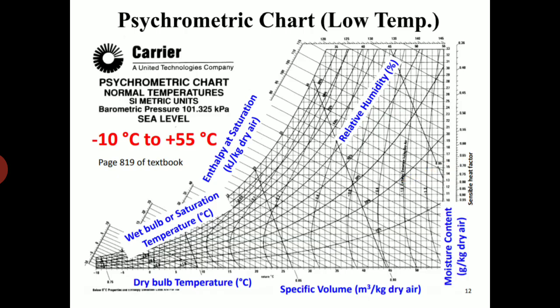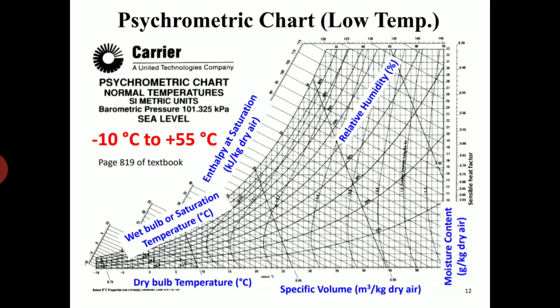So after knowing the definition of the psychrometric chart, let us know the different properties of this chart. Number one is dry bulb temperature. It is on the x-axis, and it ranges between minus 10 degrees Celsius and 55 degrees Celsius. You have to read the dry bulb temperature on the x-axis. The second property is moisture content, on the right-hand side y-axis scale. So W can be obtained from this.